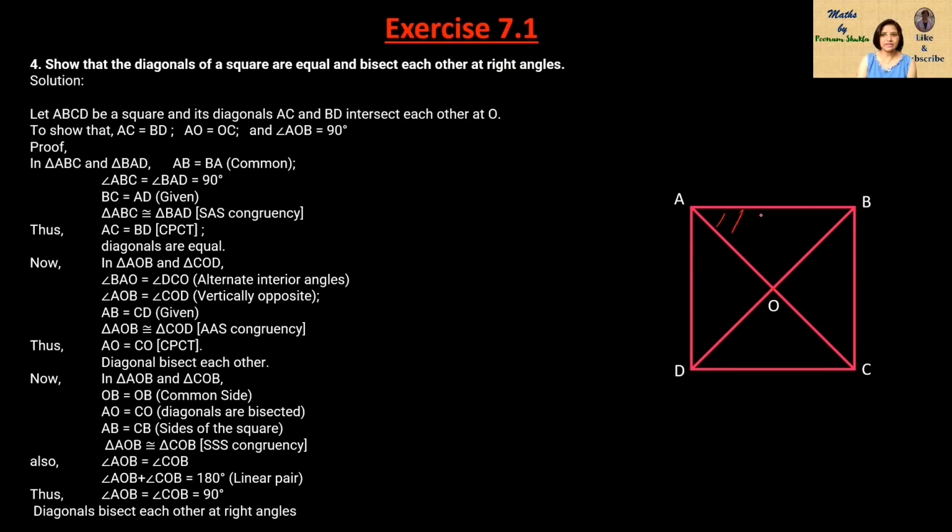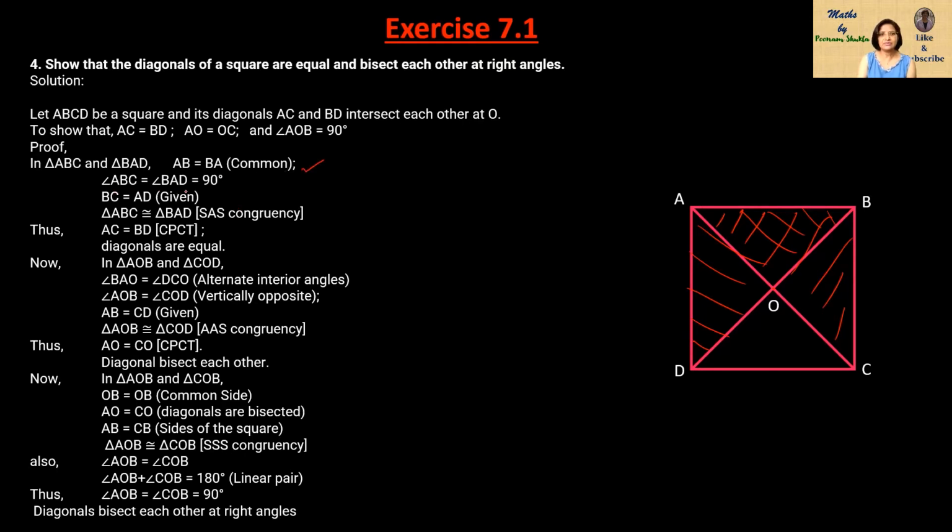So here we are taking two triangles first, triangle ABC and triangle BAD. We consider these two triangles and then we start. So first thing is BA. What is BA? This is BA or AB. This is common. AB equals BA, common for both the triangles ABC and BAD, right? So this is common. This we have done.